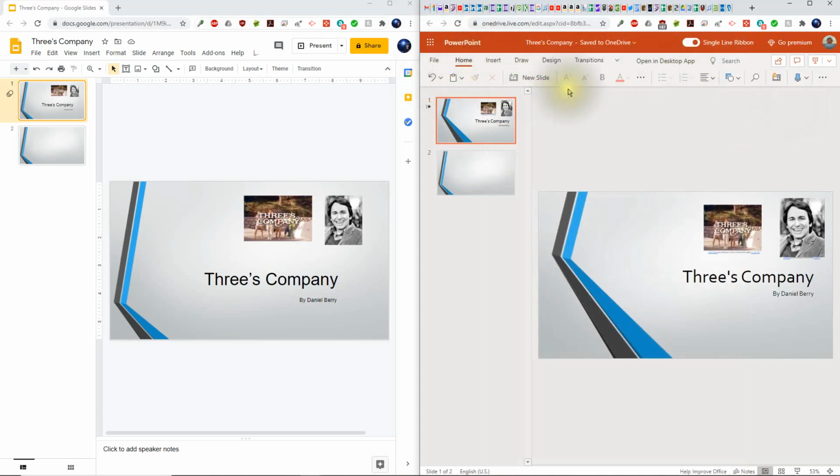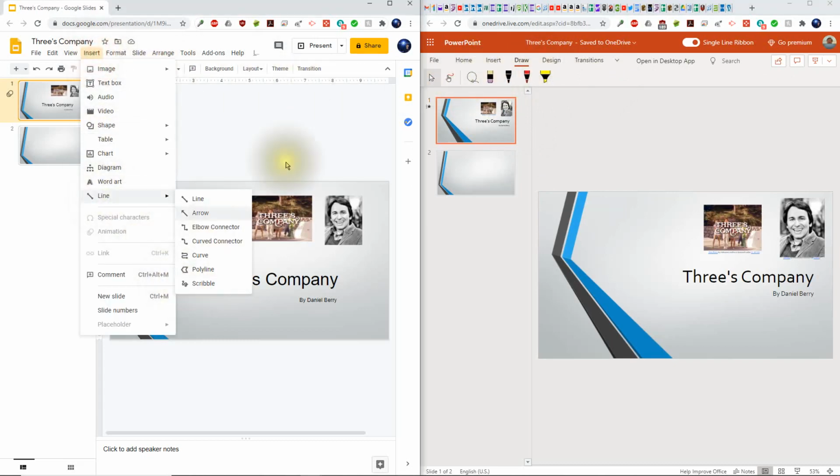So this would be my home banner. And we see some of the common tools that we use quite often. Here's the insert banner, where I can insert images, tables, shapes. Drawing tools, this is very similar to when I want to go Insert, Line, Scribble. There it is right there.